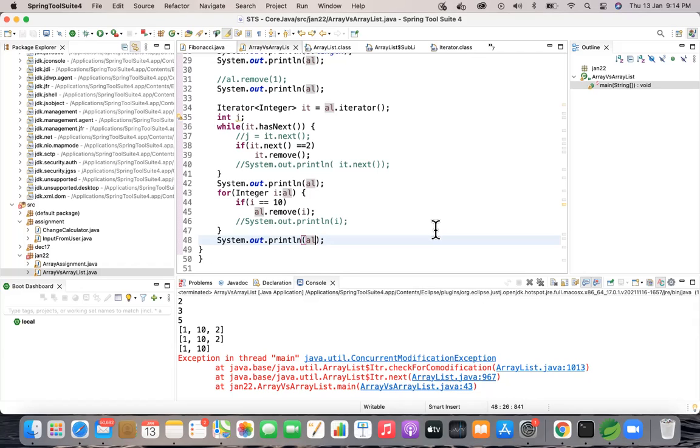But in case of for each, that will have only one copy of data, and that will be iterated and updated often and often. So when you're trying to update the same list value by removing the relevant value, the same list has to be updated after removal also. So in that case, two operations are going to happen on the same list reference, which is AL. It is like a deadlock situation. Which one should I execute first? So that will end up with concurrent modification exception.